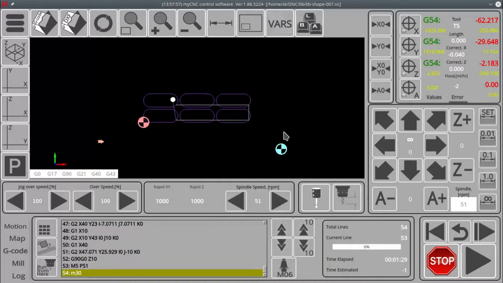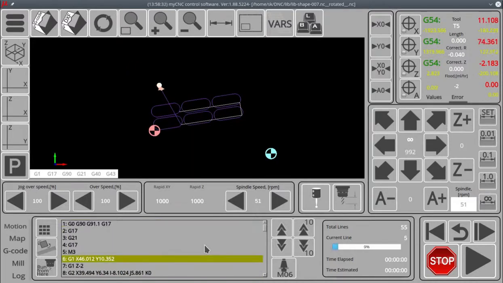So here we can see that the program is starting. We have our sensor moving upwards, and now we expect it to start moving down to look for the first point on this edge. It's found it. It moves back, looks for the second point on this edge that is rotated, and now it's beginning to move leftwards towards the left edge. It has found one point there, another point here, and now we have the plate adjustment procedure